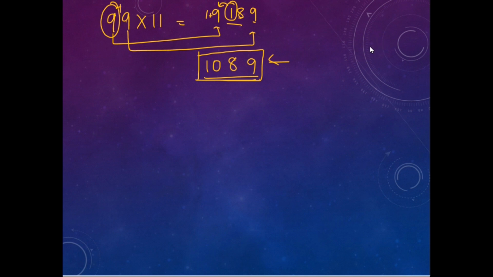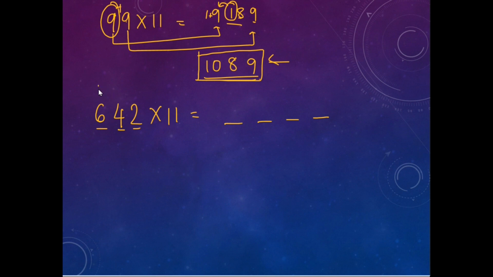Okay. Now with this we are done with 2-digit multiplication with 11. Now let's see how to multiply a 3-digit number with 11. So suppose I have a number 642 and I am multiplying it with 11. Now since it's a 3-digit number, your answer will mostly be a 4-digit answer.